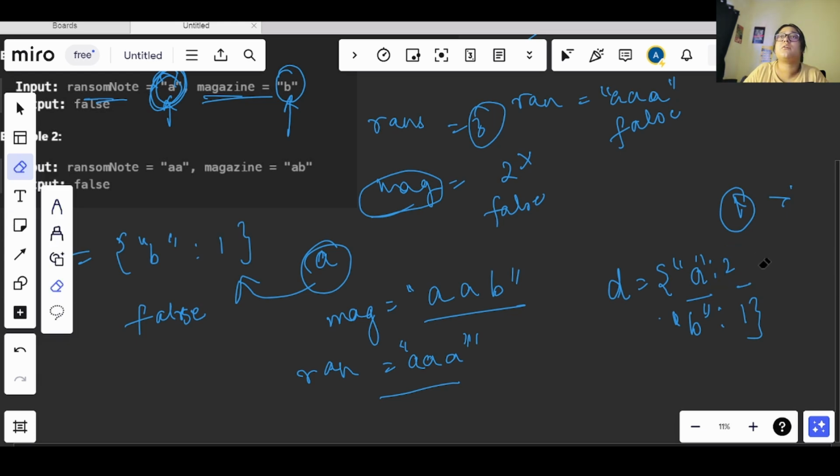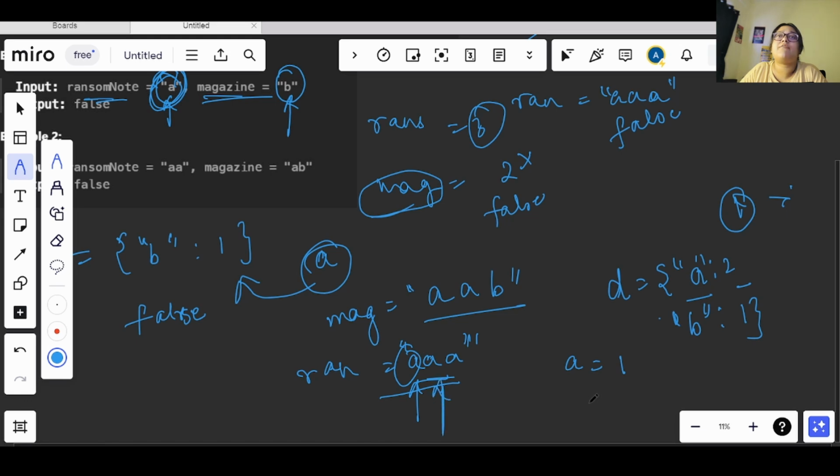So in the ransom note we have 3 A's, and in my magazine only 2 are existing. So we will start iterating from here and check if this exists or not. Yes, I have 1 A. After that again I will see I have one more A, so I have 2 A's now. When I come here, I will see I have one more A.